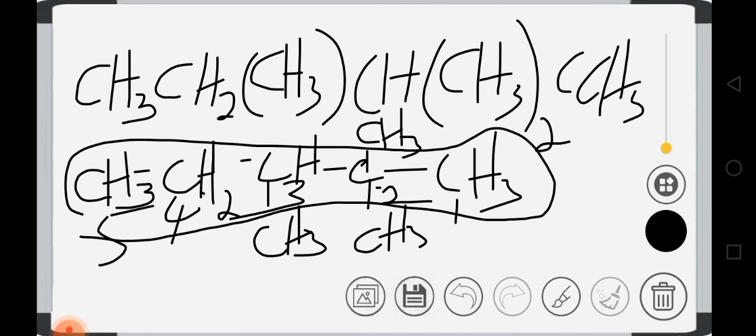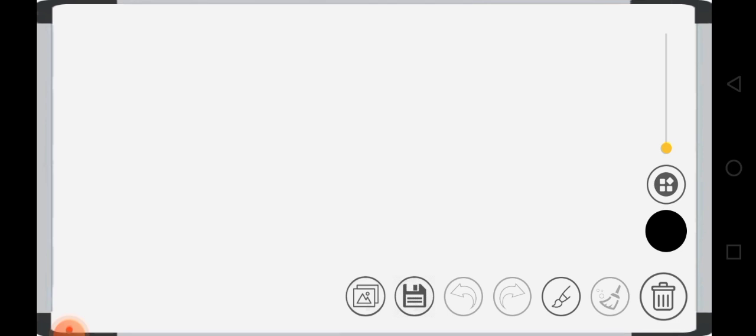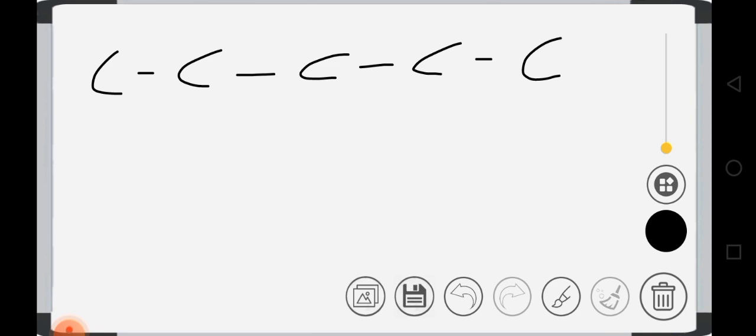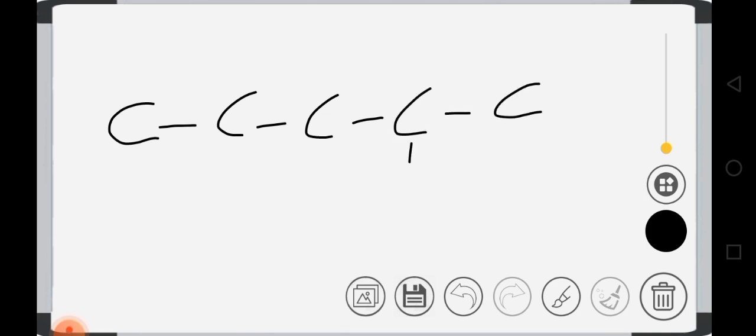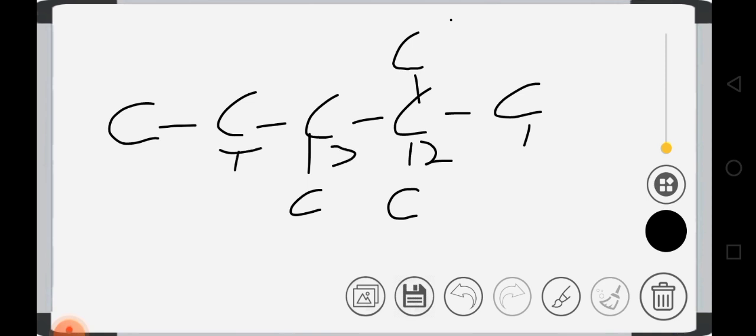So let me just write it in terms of carbon. Remember, we have 1 in carbon 2. We have the other substituent in carbon 3. I'll have 5 carbons there. So we have 1, 2, 3, 4, 5. We have 1 there, another 1 there. 1, 2, 3, 4, 5. So we have 1 here, another 1 here, then another 1 here. So this is 1, 2, 3, 4,